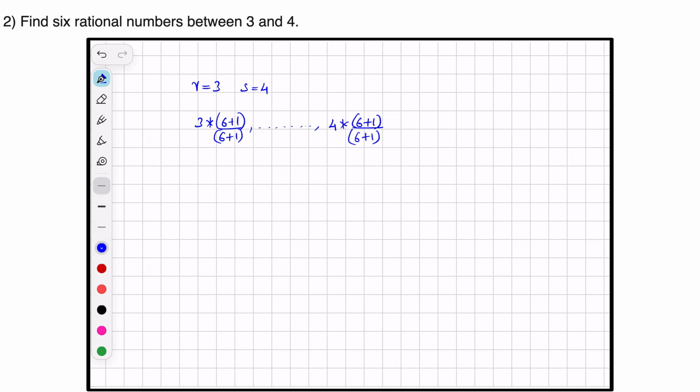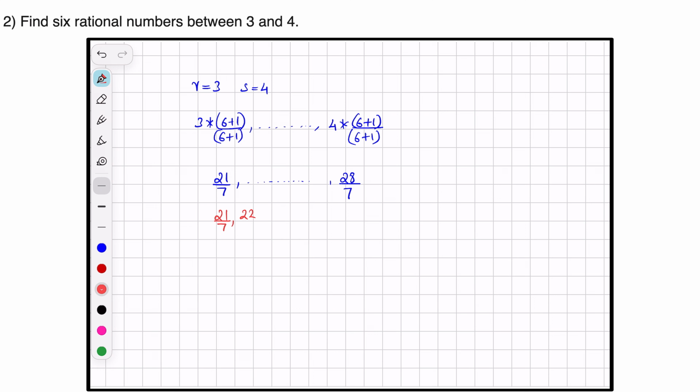Okay. So when we calculate, you will have 3 into 6 plus 1, that is 3 into 7, or 21 by 7. And similarly the other number, you will have 4 into 7, which is 28 by 7. Okay. So if I explicitly write all the numbers, we can write it as 21 by 7, which is the